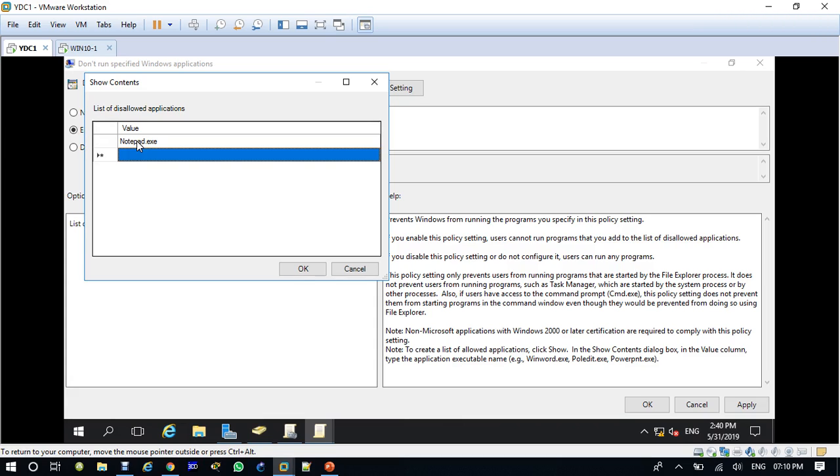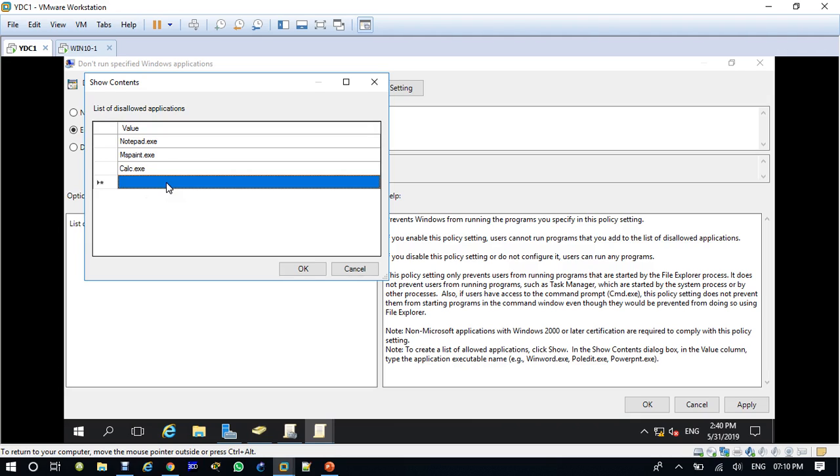For MS Paint we write mspaint.exe. For calculator we write calc.exe. Just take these three examples.